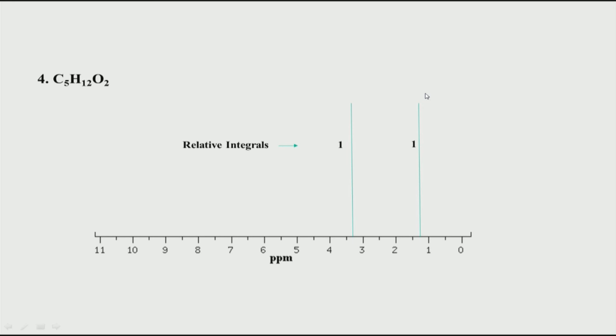Now, if there are 6 protons here, how can 6 protons come under one peak? It automatically means there are 2 CH3 groups, 2 methyl groups, that correspond to one particular peak here, and there are another 2 methyl groups corresponding to this. That is how we have to interpret it, because there are 6 hydrogens. 6 hydrogens here have to come from 2 methyls. Similarly, 6 hydrogens here have to come from 2 methyls.